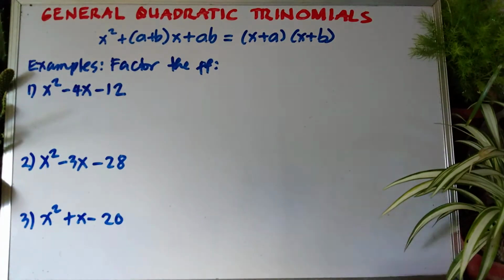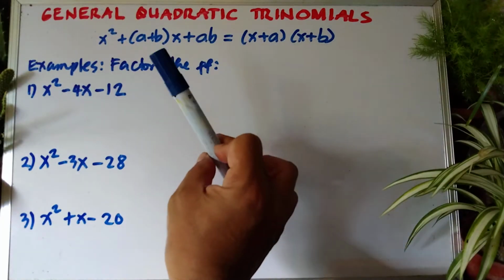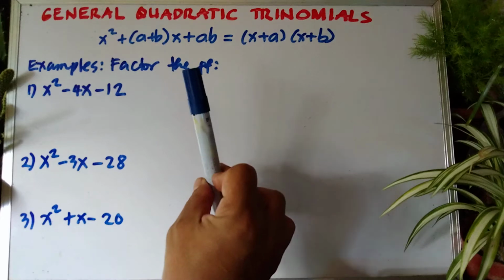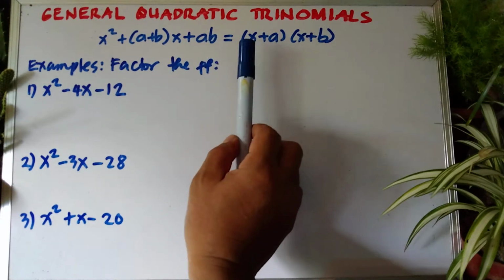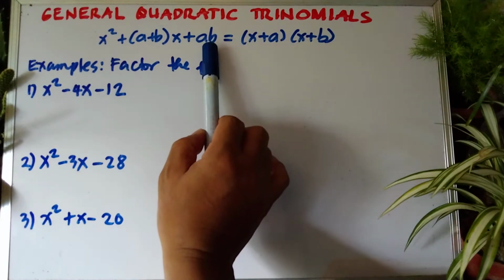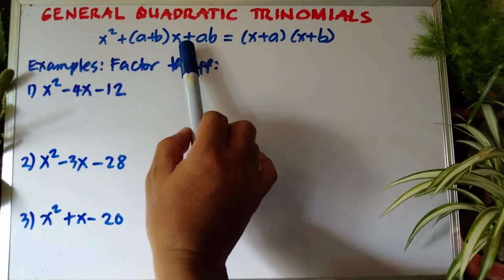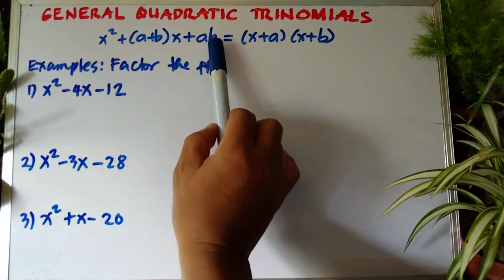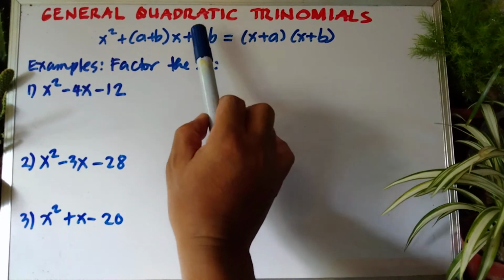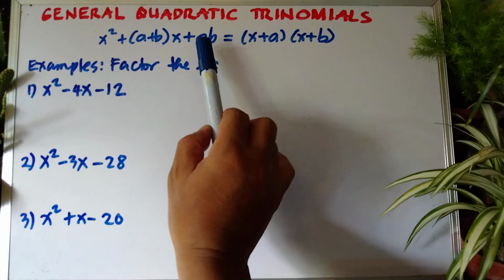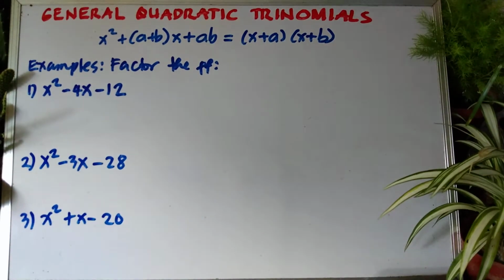Now, also, we need to find two numbers which, when multiplied, are equivalent to the last term. The middle term is obtained from the numbers on the last term. To make it simpler, of course, let us try the example here